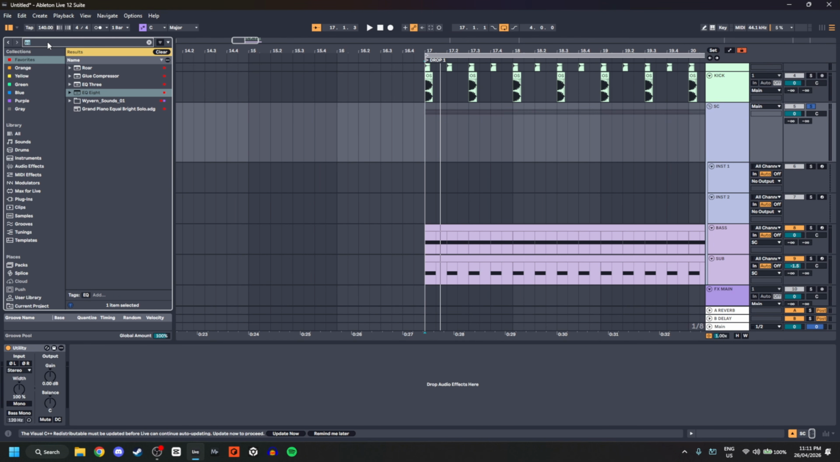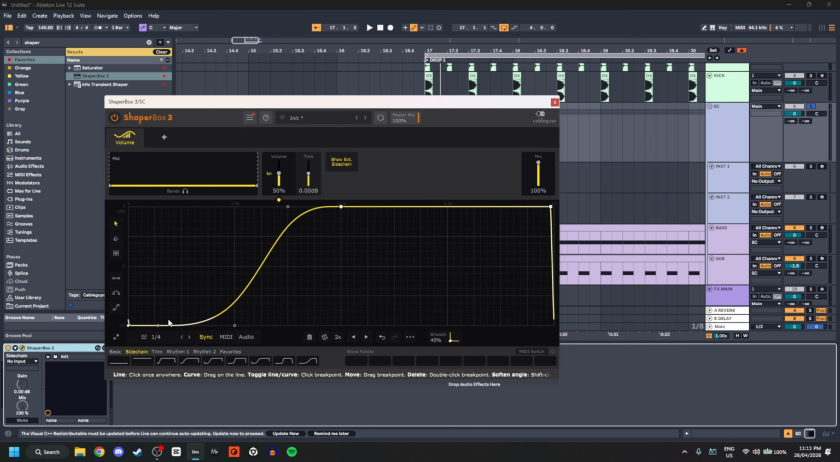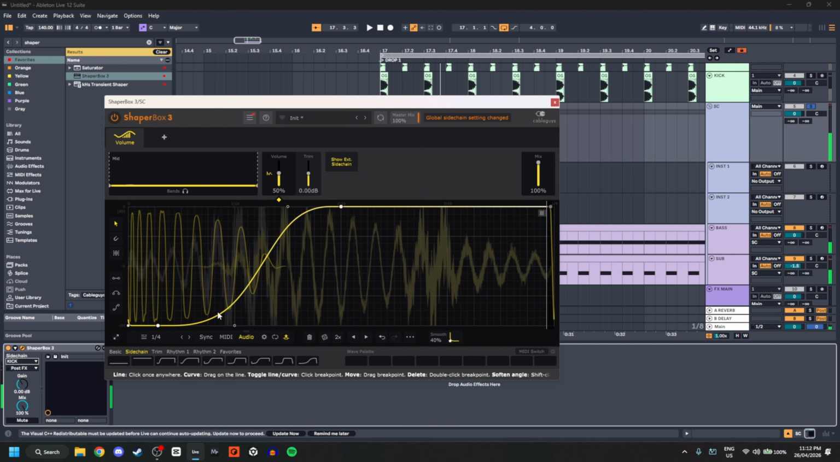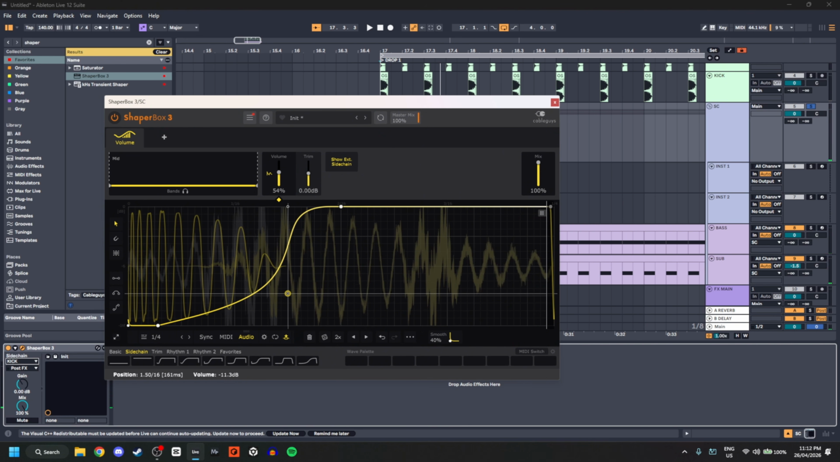And so I'm going to use this plugin called Shaperbox, which I do recommend buying. I'm going to put in my sidechain input here, the kick. I'm going to go audio, and I'm going to go external signal in. And now when I play my track, you can see it creates the kick waveform inside of Shaperbox here. So I'm just going to shape it around the shape of my kick,